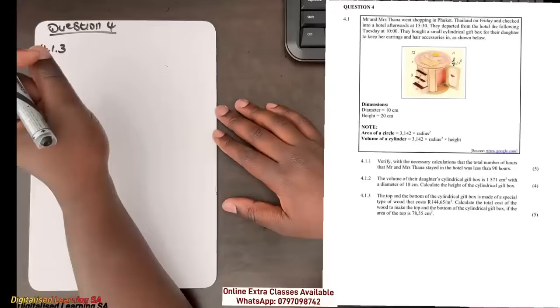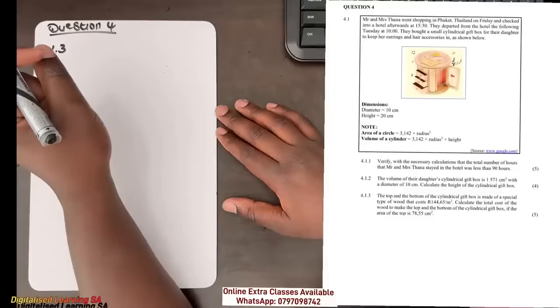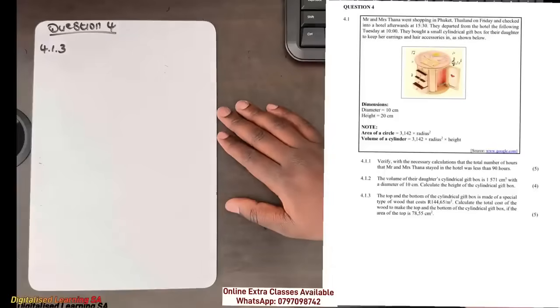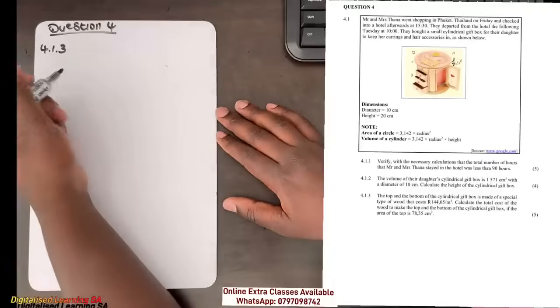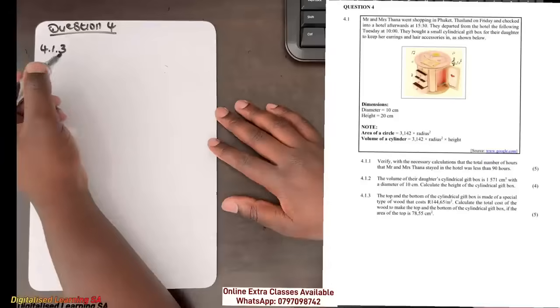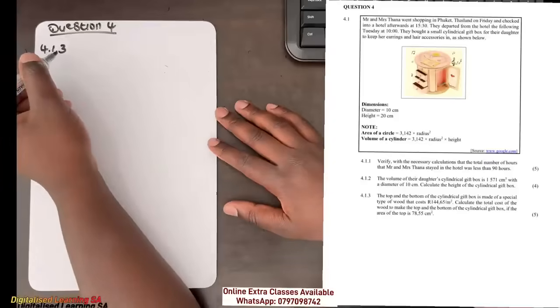Calculate the total cost of the wood to make the top and the bottom of the cylindrical gift, if the area of the top is 78.55. So we are given the area of the top, and we need to calculate